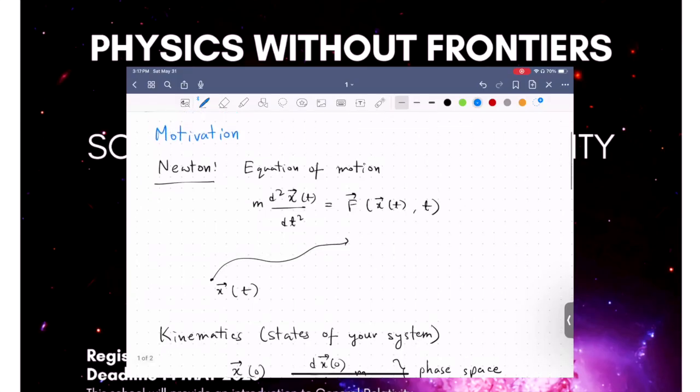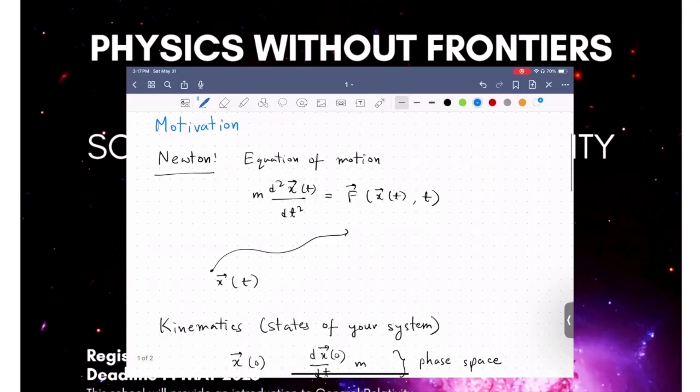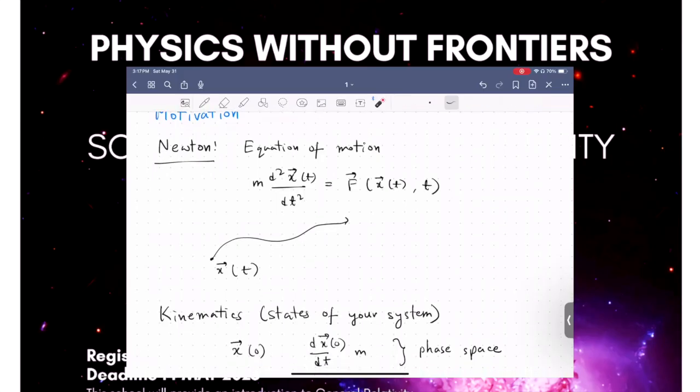I was simply mentioning that there's a completely equivalent formulation of Newtonian mechanics in terms of the Hamiltonian. Instead of writing it as a second order differential equation involving forces, you can also write it as follows. So you explicitly introduce the position and the momentum, and then you write down some equations of motion that look like